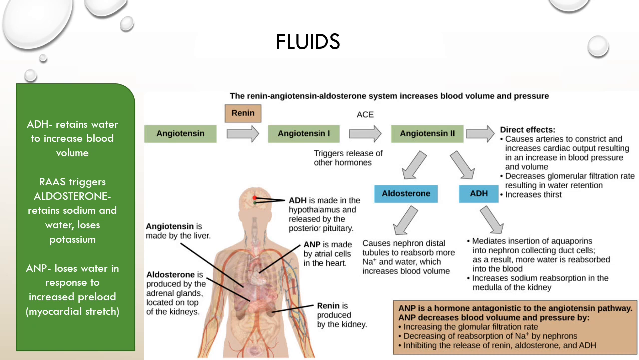Aldosterone tells the kidneys to hold on to sodium and water and lose potassium. So we have ADH that's saying reabsorb more water into the blood, and aldosterone that is saying reabsorb more sodium and water into the blood. And these two in conjunction with angiotensin that causes arterial constriction to improve your blood pressure, all are great in terms of saving your life if you are hemorrhaging,